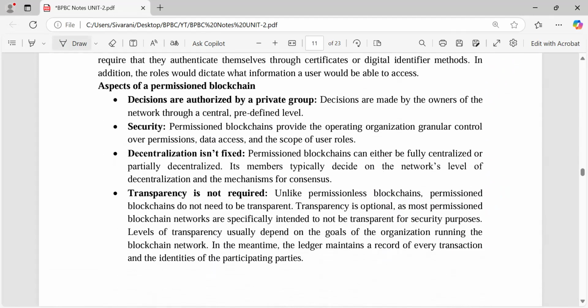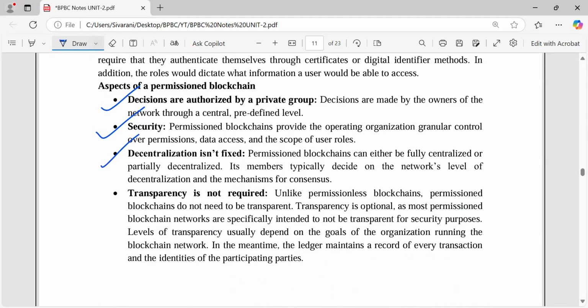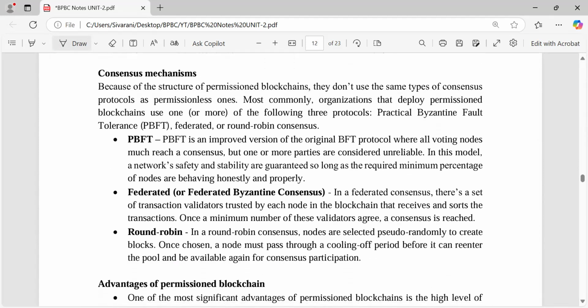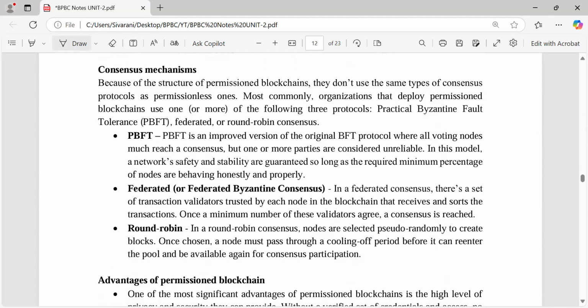So, different aspects of permissioned blockchain: decisions are authorized by a private group. Security and decentralization are not fixed, meaning it can be fully centralized or partially decentralized. The members typically decide the network's level of decentralization, and transparency is not required. Lack of anonymity. Consensus mechanism means the permissions or agreement we have to obtain to participate in the